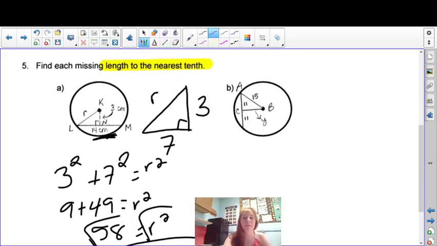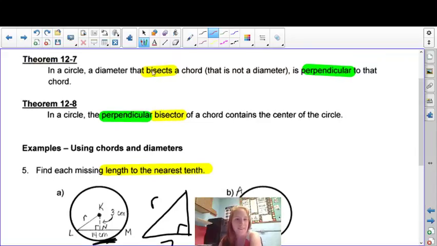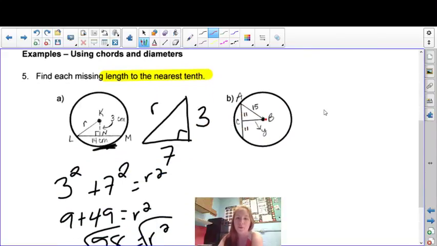Okay, we're going to use that same logic to solve problem B. I see that if I wanted to, this could be a diameter if it went all the way through. And I see that this little piece here and this little piece here are 11, which means that they were both congruent, which means that it is cut in half. So since this diameter is bisecting the chord, it then creates a right angle, which means that I can draw my picture